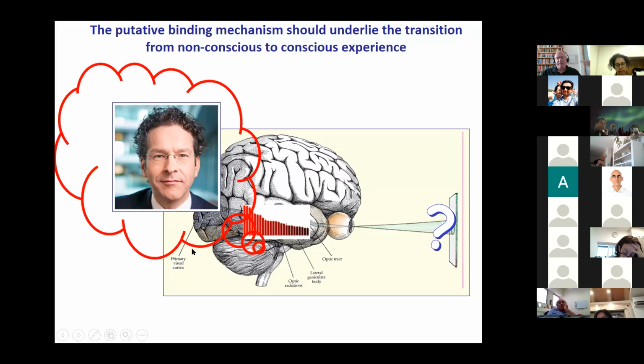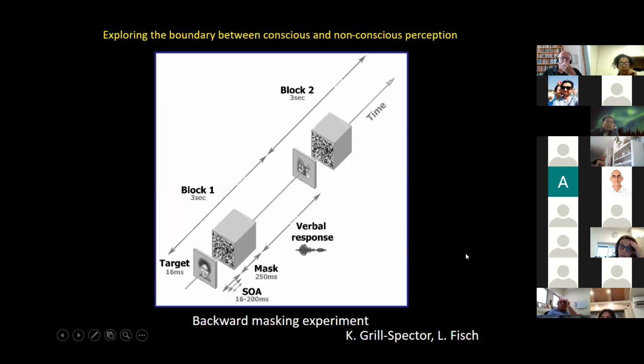So maybe an avenue to find out what is the mechanism that binds the neurons together should be by searching what happens in the brain when a face moves from being unconscious to being conscious. And the way I want to present it is from some results in our lab that were done over the